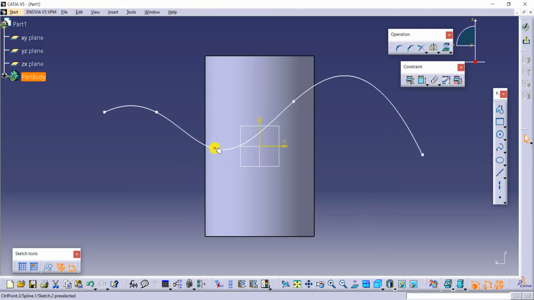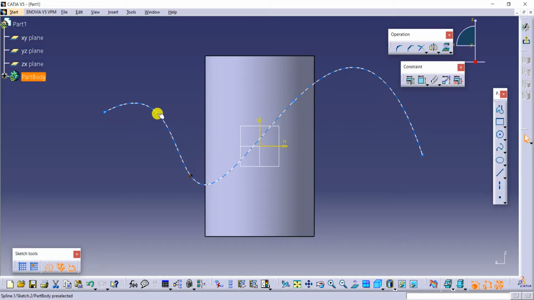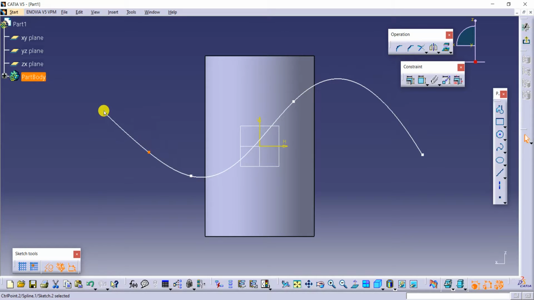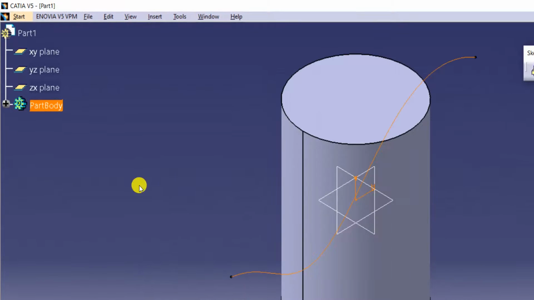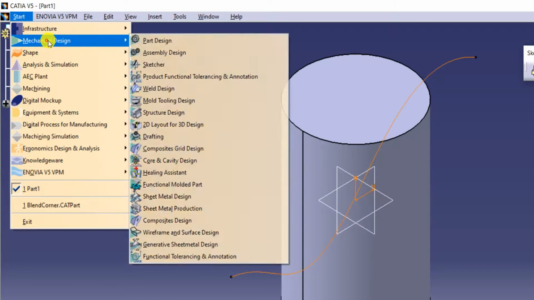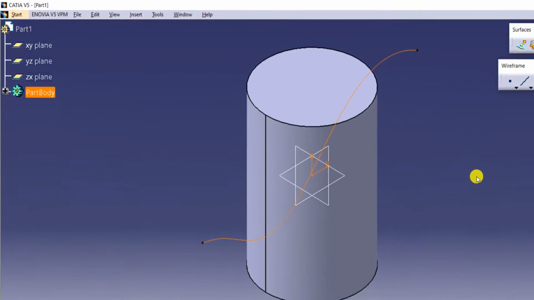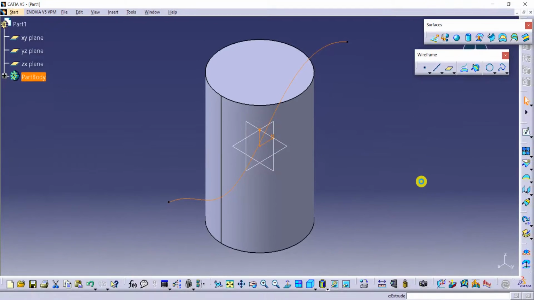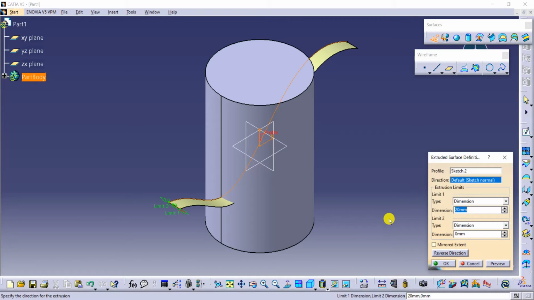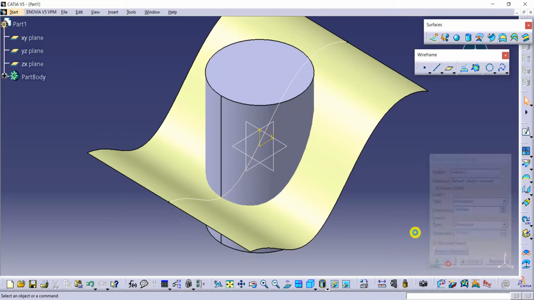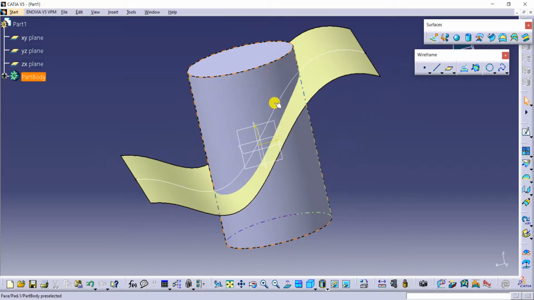Now with respect to this surface, you want to create a draft. So just extruding this like this. Okay, so here I have one surface. Now I want to get a draft with respect to this surface.